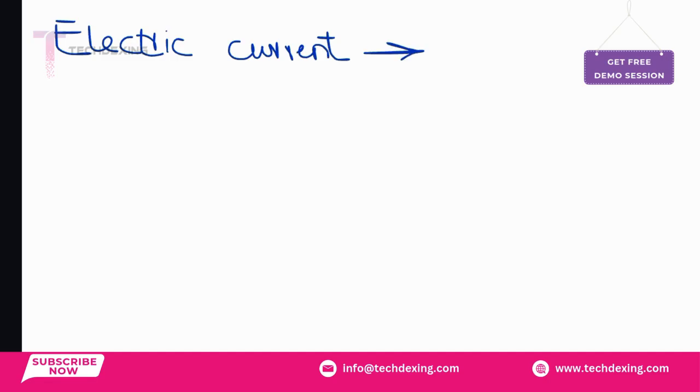The charge can be the electron, or the charges can be the cation and the anion in the case of ionic compound. So when we say that the ionic compounds are bad conductors of electricity when they are solid,